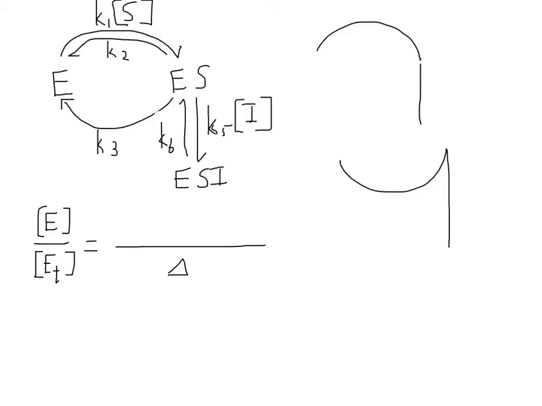So for the E over ET distribution equation, we want to think about the different ways we can end up at free enzyme. So using the upper pattern, we're going to go up K6 and then over K2. So K2 times K6,